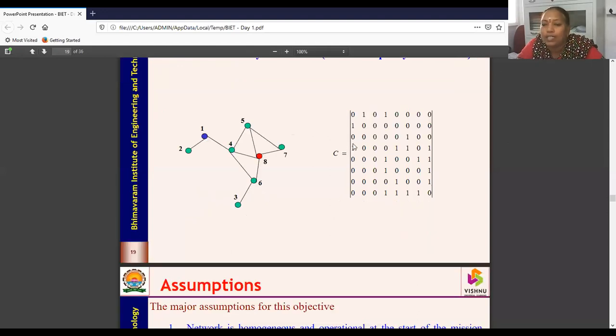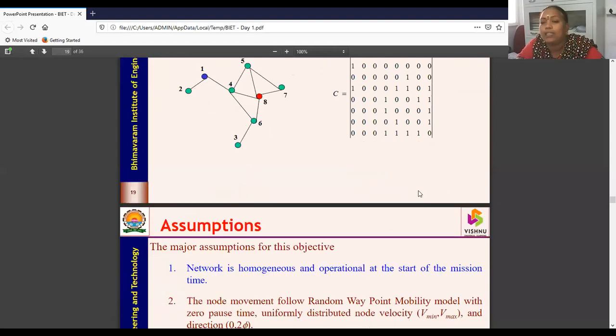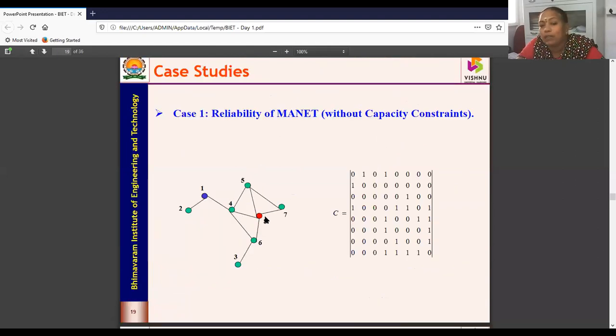So this analysis has to be done, checking availability of path. Once the path is available, in this case, we see that 1, 4 and 8 are available. If we assume the node reliability is equal to 0.9, we have 3 nodes. So it is going to be the product of these 3 nodes. That means 0.9 into 0.9 into 0.9, which is equal to 0.729. And you have the links as well here, 2 links. The reliability of each link, we take it as 1. So the entire reliability of this particular network is going to be equal to 0.729.